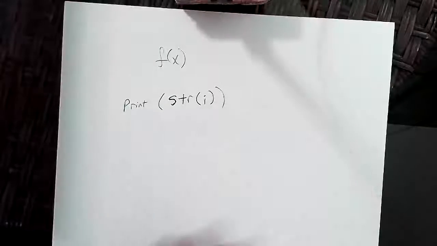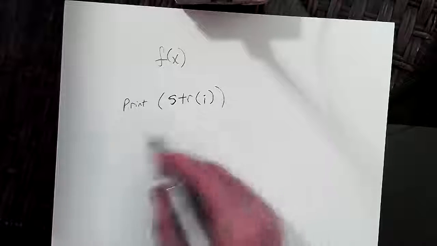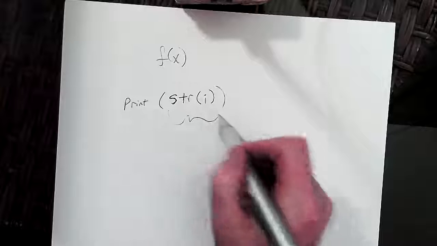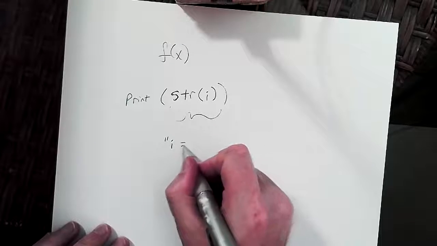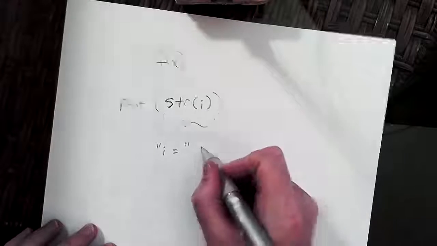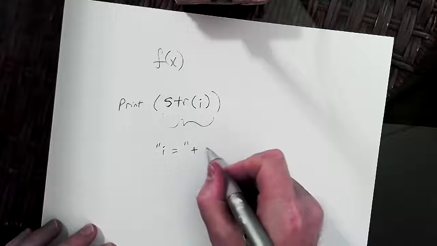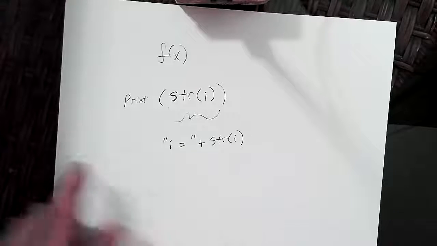And you still just get the 5. You get 2 5s because you have the line twice in a row. So it doesn't care, because once it gets printed, it's just a string anyway. But the neat thing about having done that is now you go back into line 7 and replace the insides of this with something like I equals, notice I put that in quotation marks, so it's a string, and then plus str of I. So try putting that inside the print.